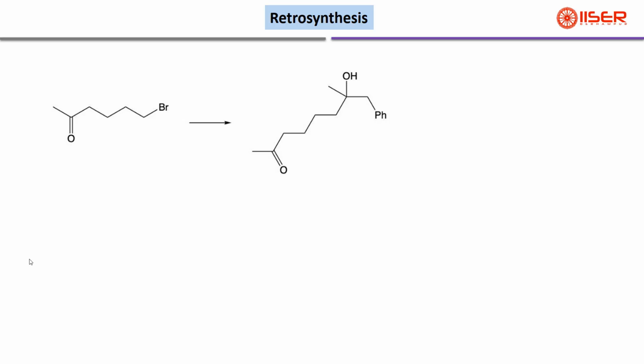We have to plan the retrosynthesis of this molecule from this compound. So you have to see what is the change. This part, till this part is the same. There is a bromine 4 carbons apart, so the only new part is this one. Okay, so if you perform the retrosynthesis of this molecule and break from this place,